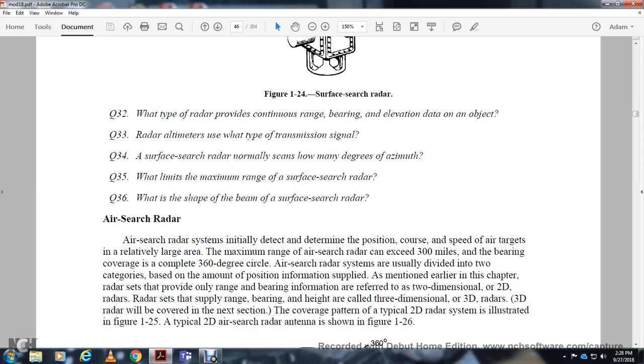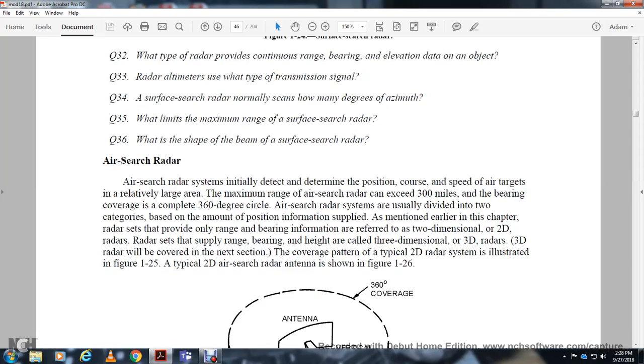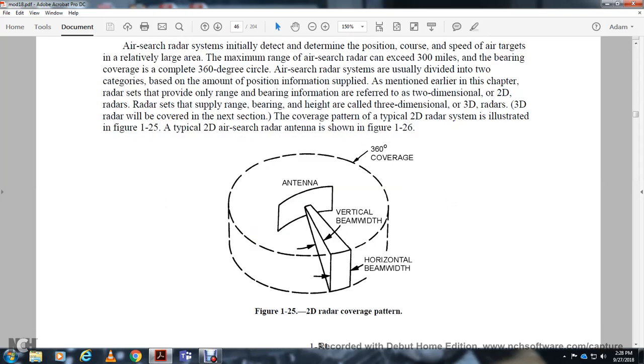As mentioned earlier in the chapter, radars that provide only range and bearing information are referred to as two-dimensional or 2D radars. Radar sets that supply range, bearing, and height are called three-dimensional or 3D radars. 3D radar will be covered in the next section. The covering pattern of the typical 2D radar system is illustrated in figure 125. A typical 2D air search radar is shown in figure 126, showing the 360-degree antenna, vertical beam width, and